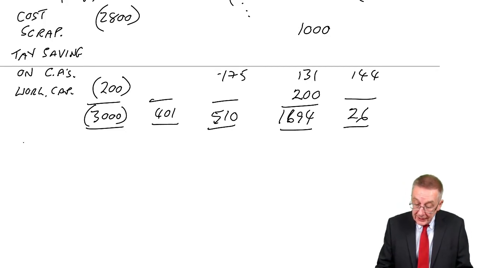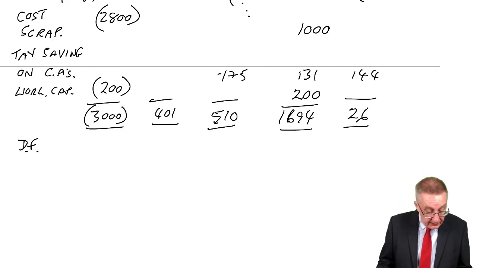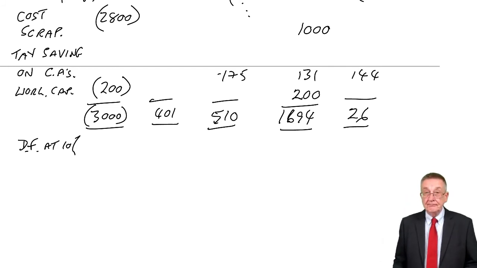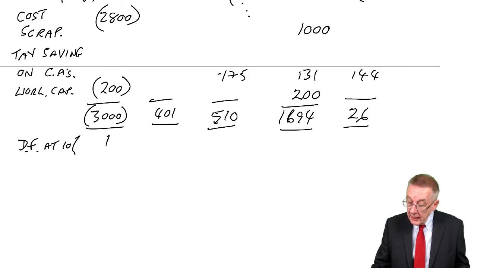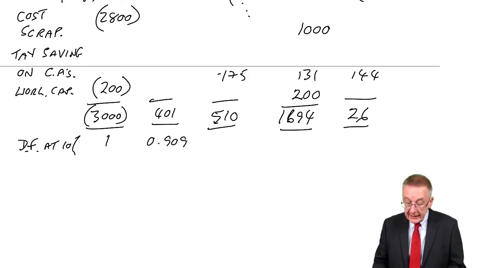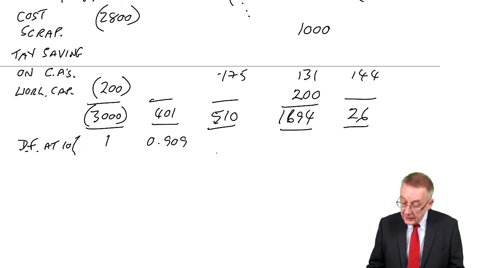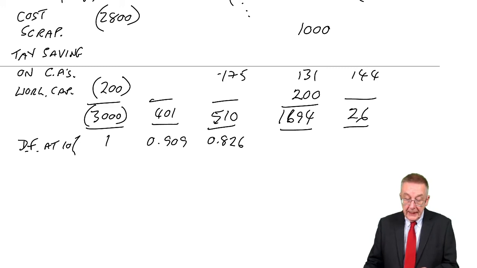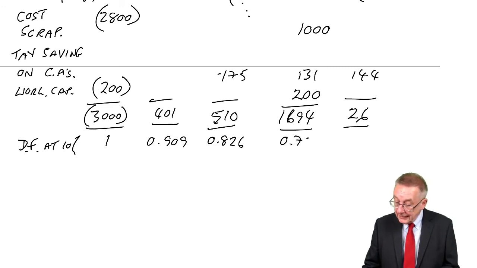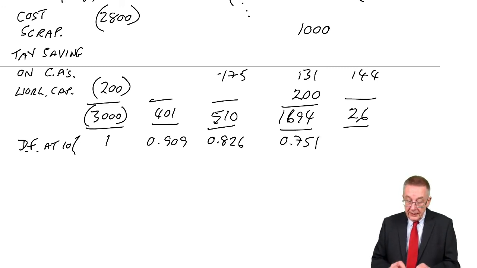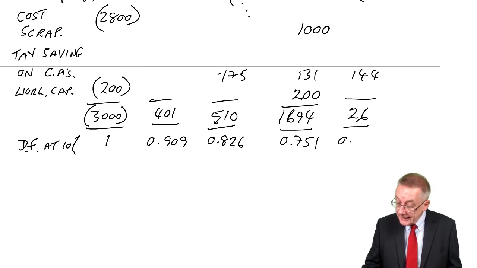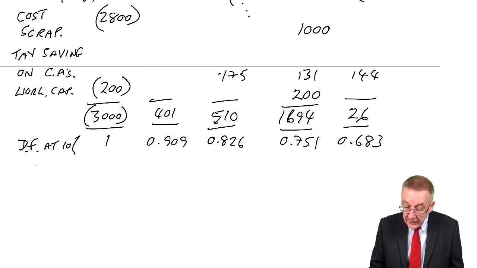Finally, though, let's discount. What's the discount rate? Cost of capital is 10%. And so from the tables, 1 year, 0.909, 2 years, 0.826, 3 years, 0.751, and finally 4 years, 0.683. So the present values,